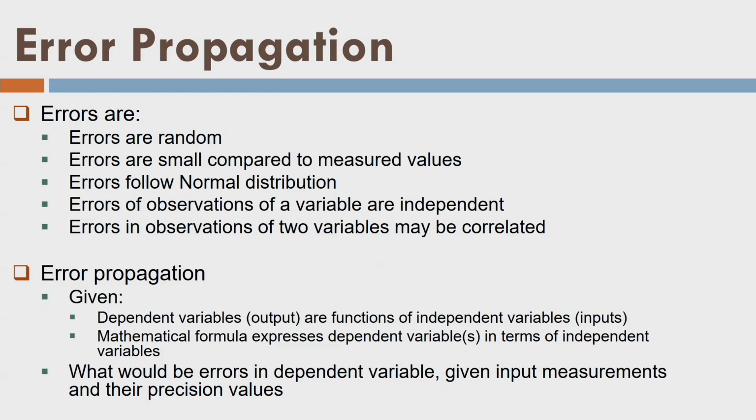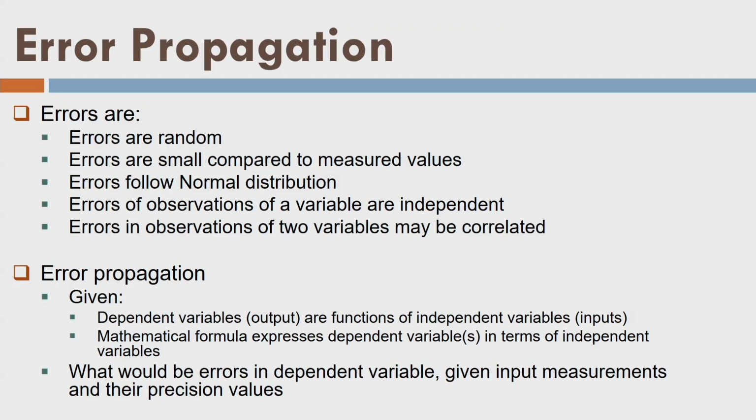Now I want to calculate the error in the area if I measure the width and length with certain error. The length error is, let's say, sigma L, and the width error is called sigma W, if L and W represent the length and width of this room. So let us calculate the possible value of the error that is propagated into the area, which is the multiplication of L and W.